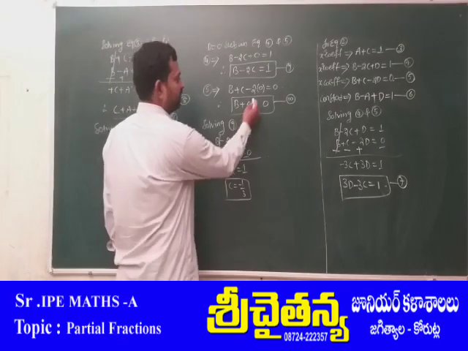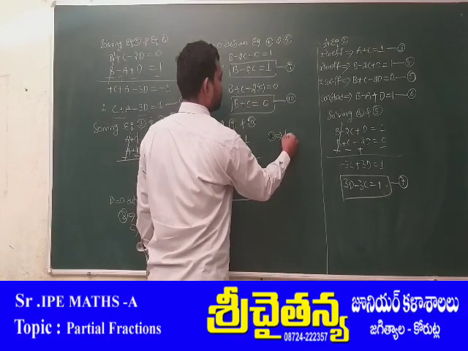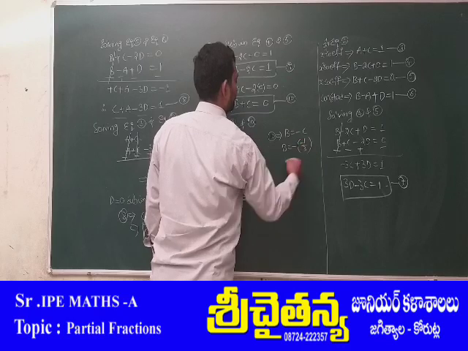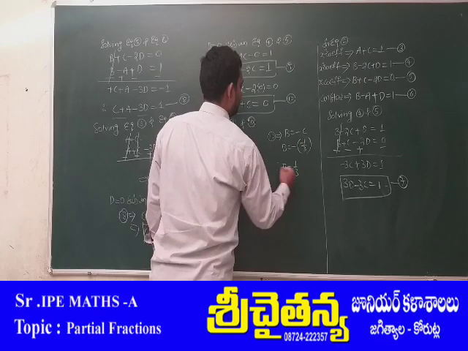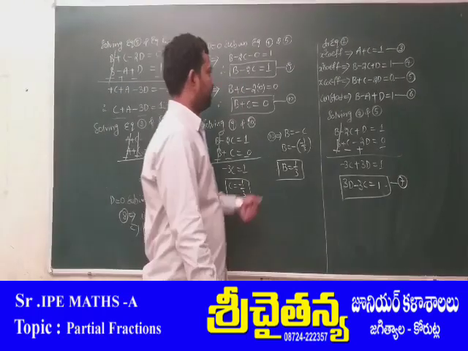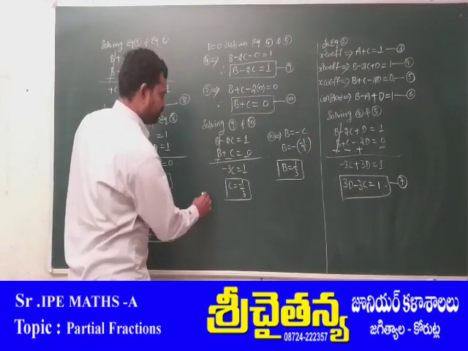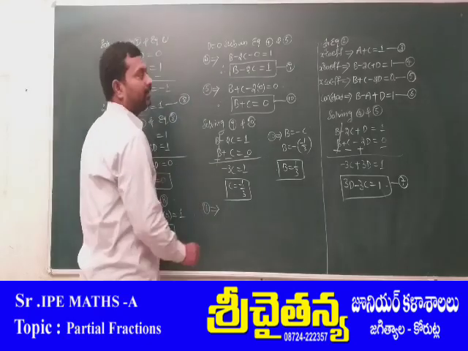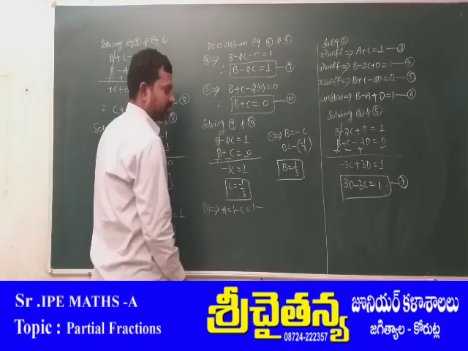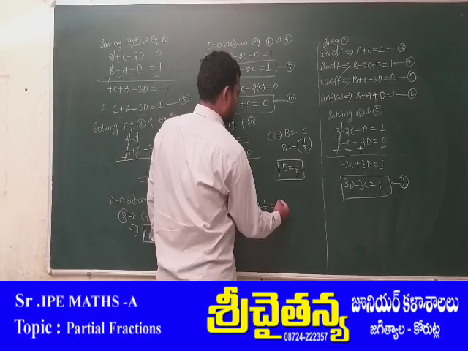How to find the value of b? From equation number 10, b plus c equals 0, that means b equals minus c. It is b equals minus of minus 1 by 3. Therefore, b equals 1 by 3. Now the values are d equals 0, c equals minus 1 by 3, b equals 1 by 3. Next, what is the remaining value? Only a. From equation 1, a equals 1 minus c. It is 1 minus of minus 1 by 3, which is plus 1 by 3. 1 plus 1 by 3 is 4 by 3.